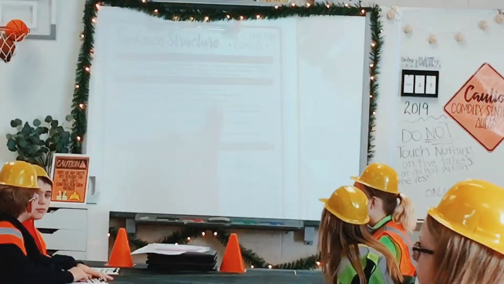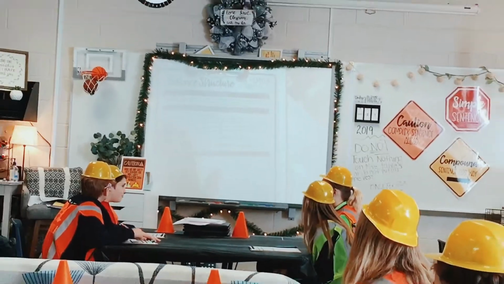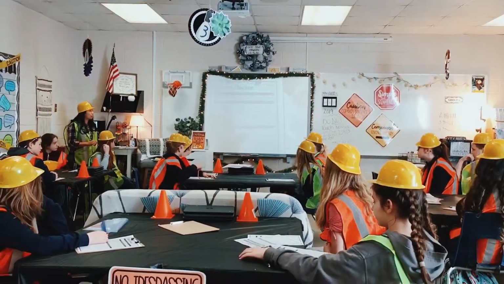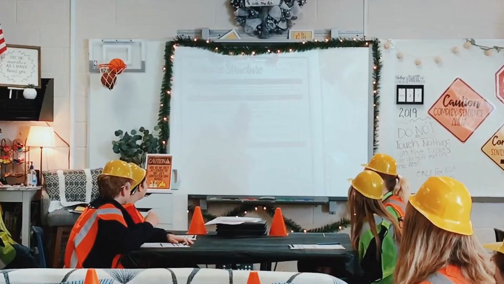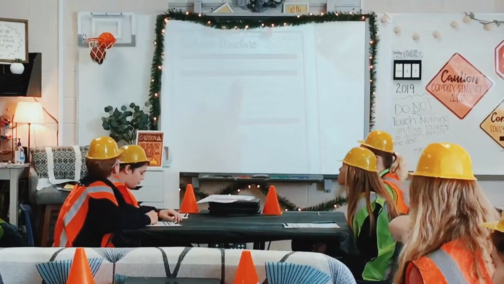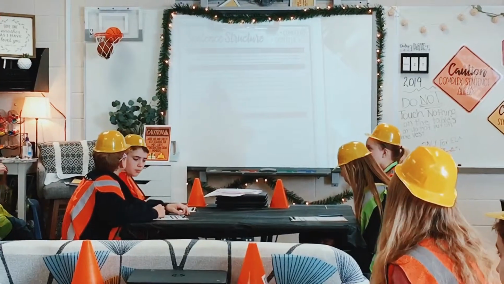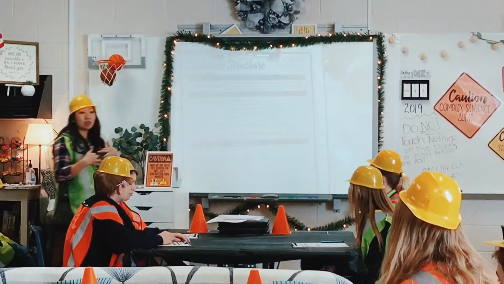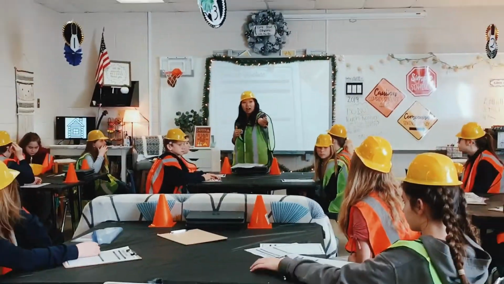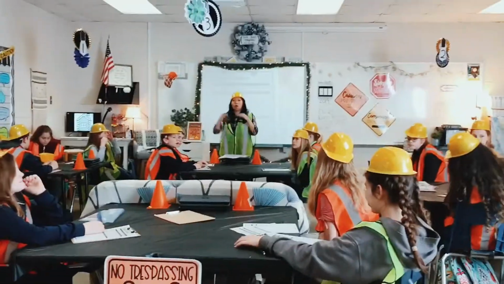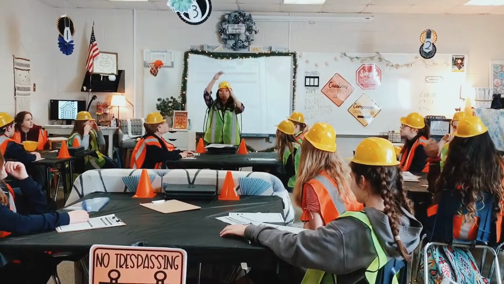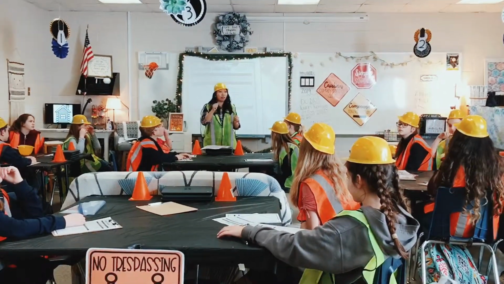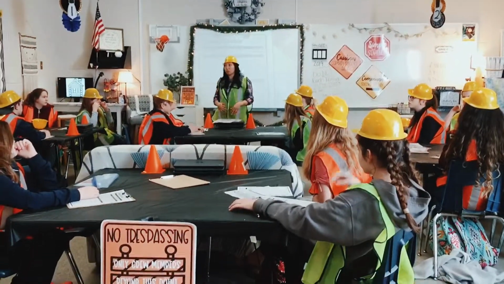And once everybody has it correct, you're going to take the sentence right here, the very first one. I'm not going to tell you the answer, I don't know what it is, but maybe it might be complex. If it's a complex sentence, you write down complex here and you've checked it off, and then your group leader will come to me and I will give you the layout of the house. It is laying on the ground there. I will only give you the top layer. Once you do the first section, I will check you off, and then I will give you the bottom layer and you do the bottom section.